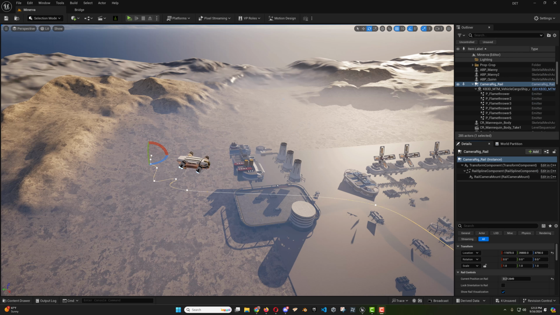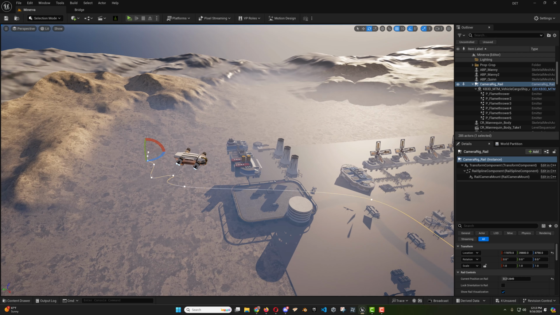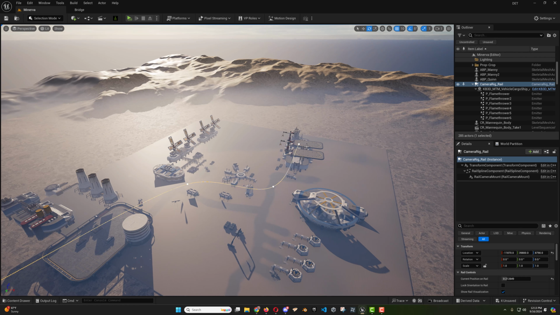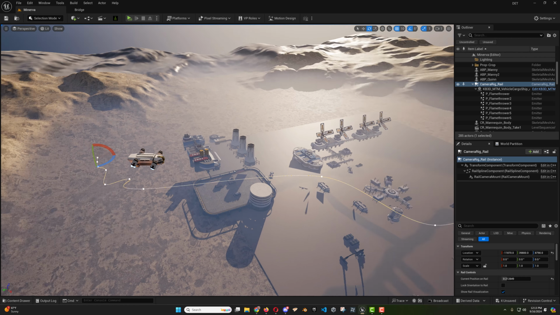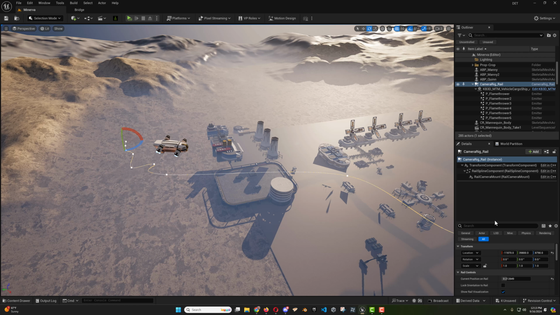The second question that I received was, can we attach other objects to a rig rail? Well, yes you can. Put your rig rail in, set your path. Here I've got the path for the ship coming in to land over on the landing strip, and then we can just simply adjust our